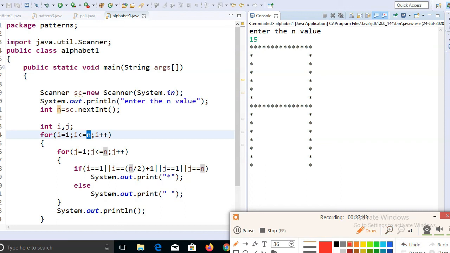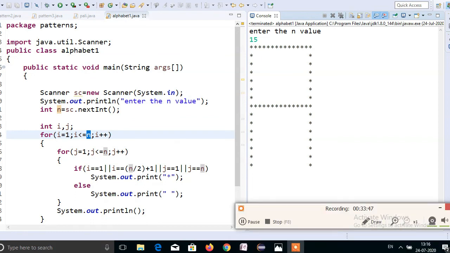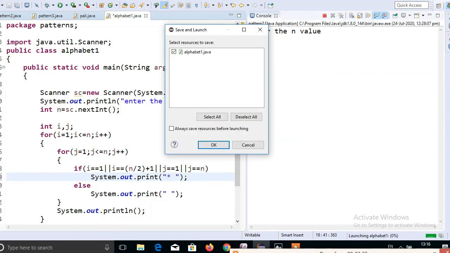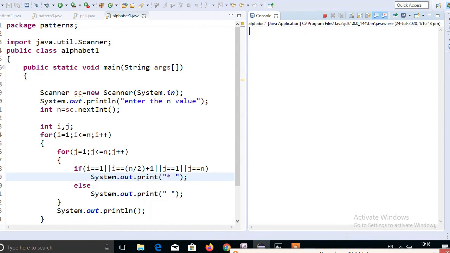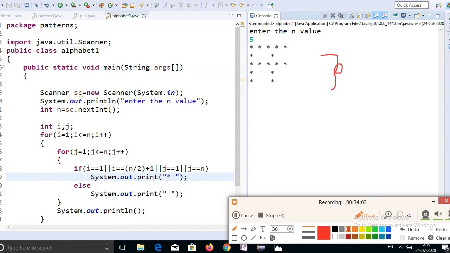First I will give a space in this position along with the star. If I give it like this, let's see how it is printed. It came out zigzag, which is not our pattern.